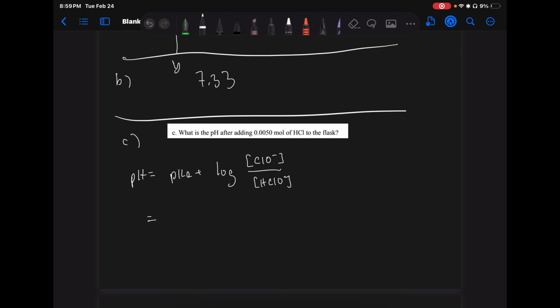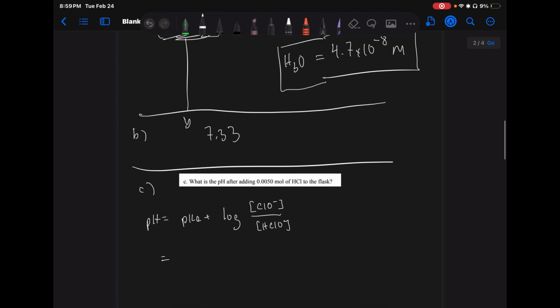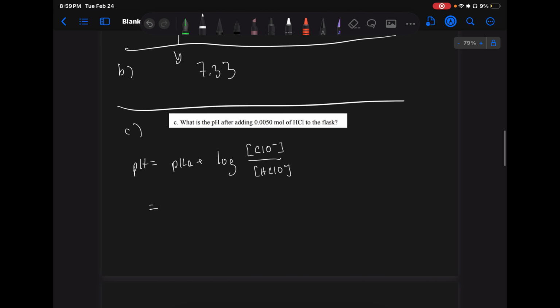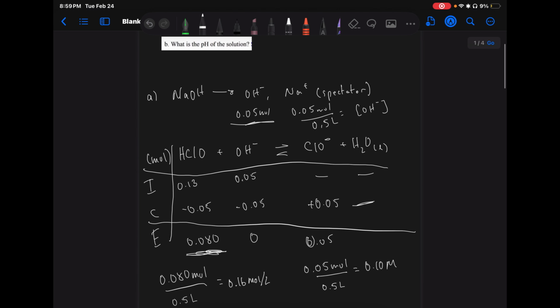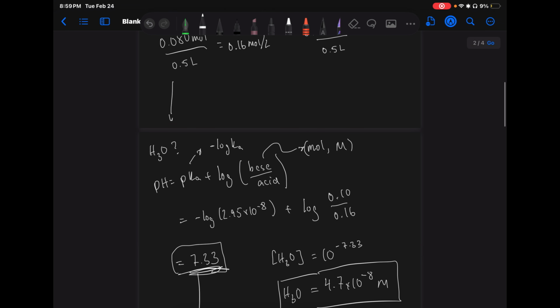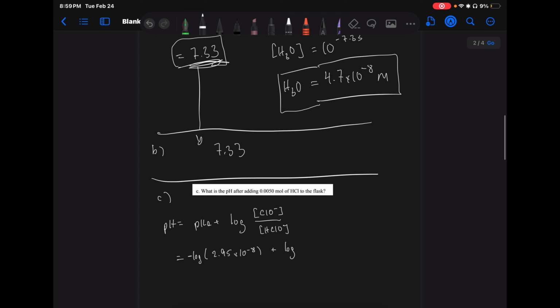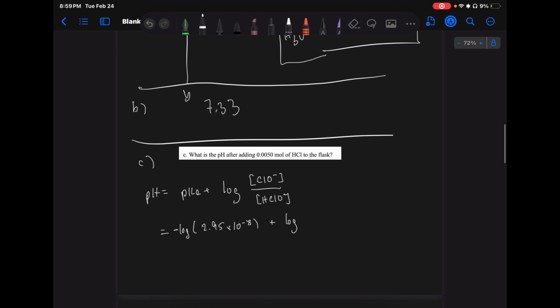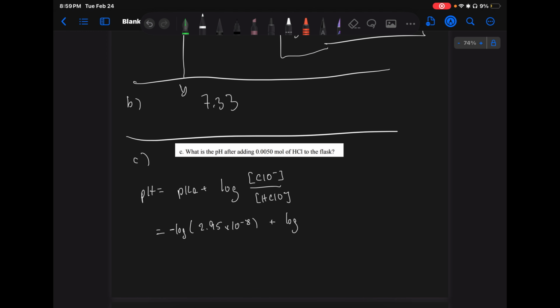We know from the previous part that the pKa is negative log 2.95 times 10 to the negative 8 plus log of the concentration of ClO minus. That's what the first portion of the question helped with. But now with the ClO minus, we have to subtract the amount of HCl we're adding,